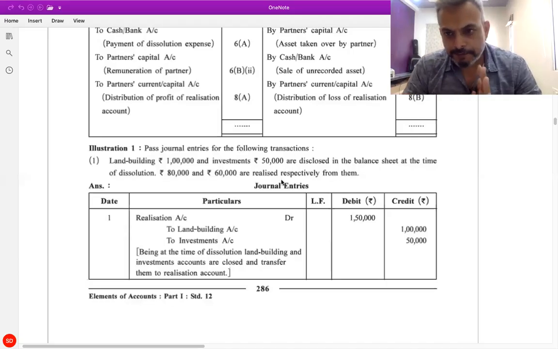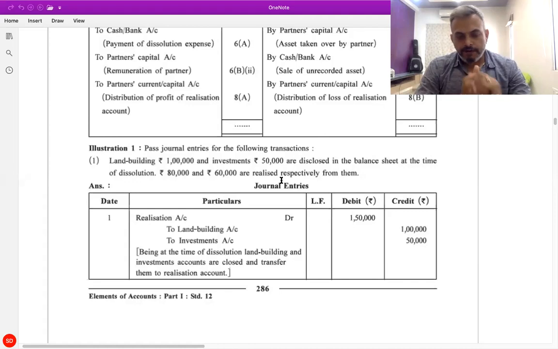Okay, so now in this revision and doubt solving session, first of all you need to know how many marks are asked from this chapter in your board exam. From this chapter, 8 marks is the weightage. The questions asked will be 1 plus 1 plus 3 plus 3. It means one MCQ, one mark answer in short, section B, and then 3 marks.